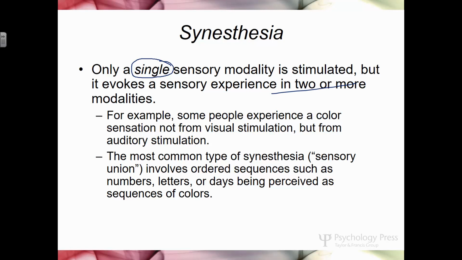Most of the time, the type of this is what we call a sensory union. It's when folks will see sequences such as numbers, letters, or days perceived as sequences of colors. This is the most common type of synesthesia. And this is where I would like to step out